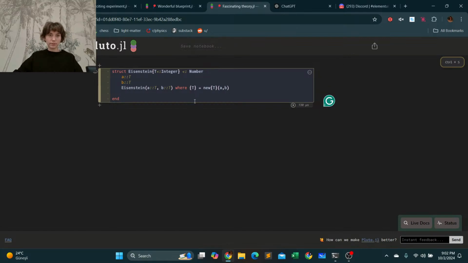So this code is telling you what format of object you can define. Furthermore, we can have single-input type objects where T is going to be a subtype of integer this time. We're going to say new T, and we're going to keep only the A input, but the other is going to be